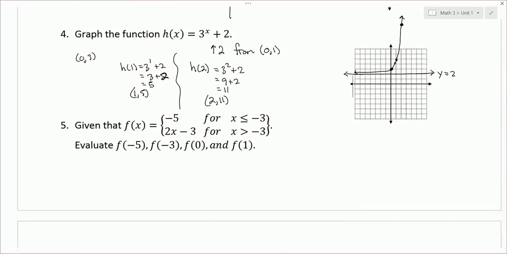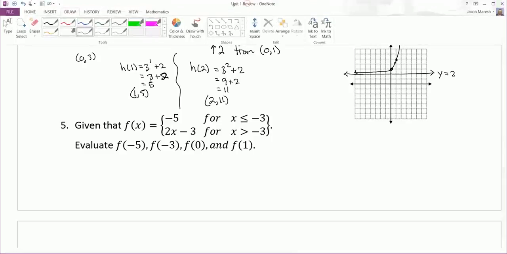Number 5, we have a piecewise function. f of x is equal to negative 5 only when x is less than or equal to negative 3. And f of x is equal to 2x minus 3 when x is greater than negative 3. And so when we're evaluating our function, we need to know which of the two functions we're working with. So our first one,